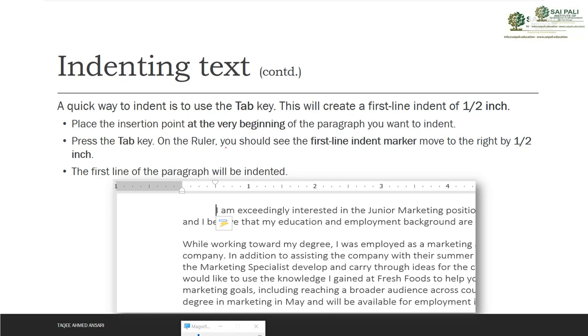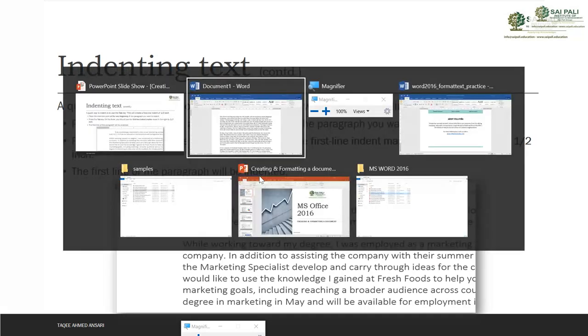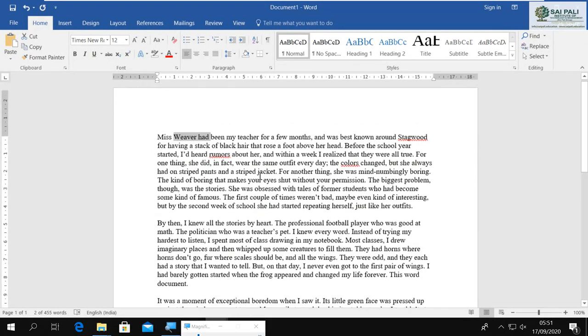And on your ruler, you should see the first line indent marker move to the right by half an inch. The first line of the paragraph will be indented. Let's see, this is our paragraph.